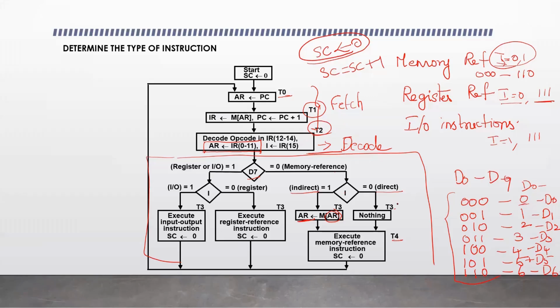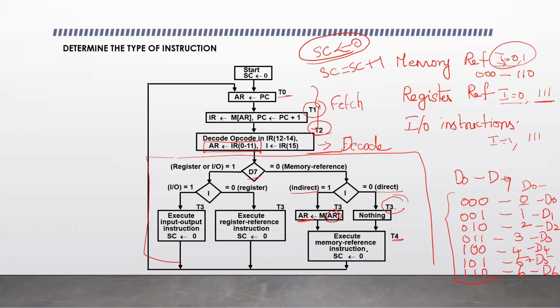And here it is incremented by 1. So for the next processing step, if you see T3, we have these steps at time T3. And the next step, execution, is done at time T4. Once the execution is done, SC is cleared. Here it is written SC is 0. So now SC is cleared because one instruction is completed. Now the same process has to be repeated for the next instruction, so SC needs to be cleared to 0 to start again from T0.